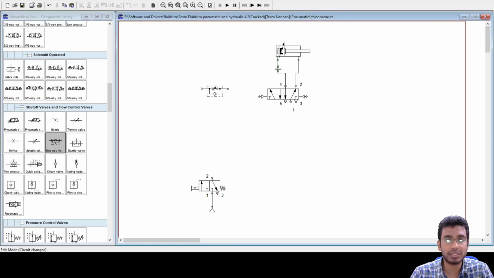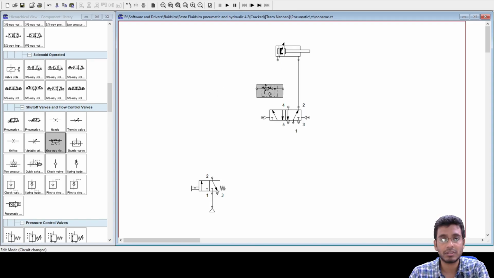Here I can just place this itself. And my retraction speed also needs to be controlled, so I'll be putting another flow control valve here.